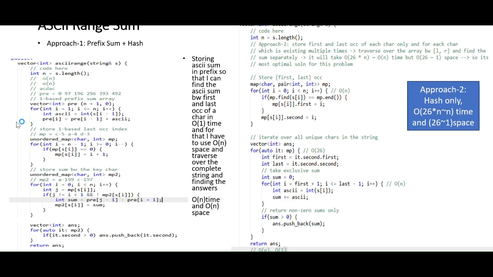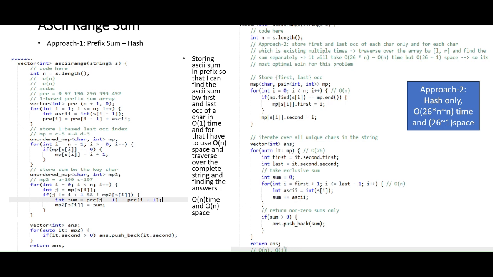So if we are using the prefix sum, then I have to spend O(n) space always. So I have to remove this logic. I have to remove the prefix array from our solution. So for that, I have to find a different approach to solve this. Now, if you carefully observe,